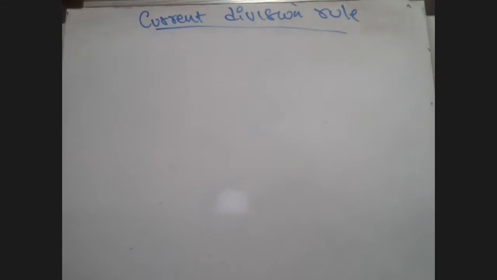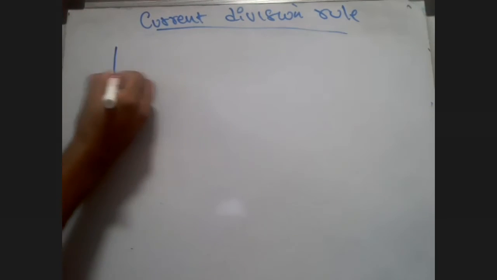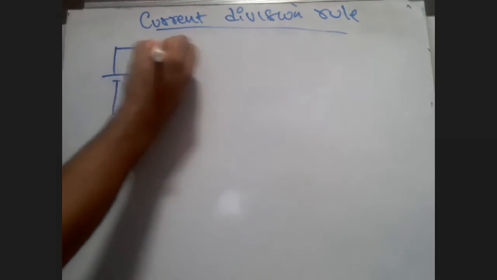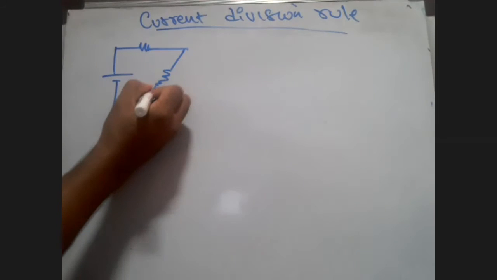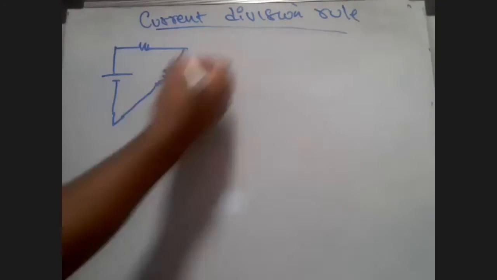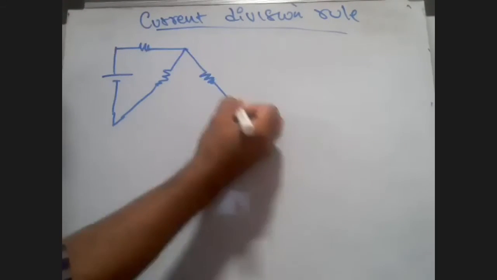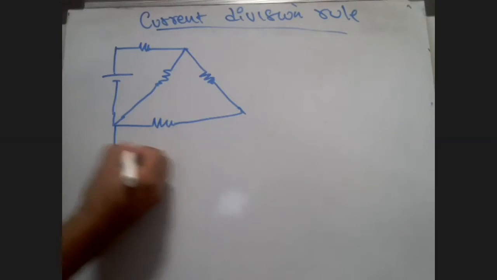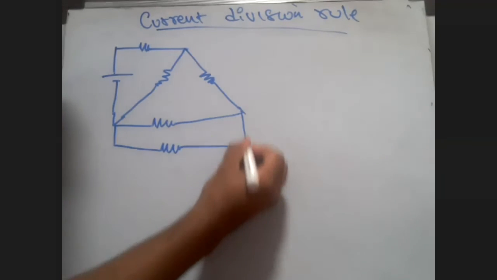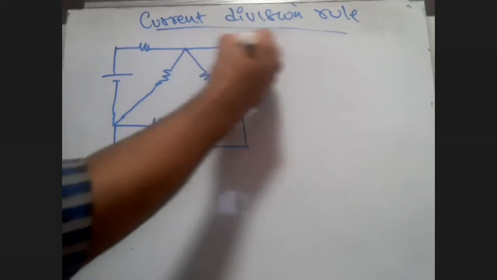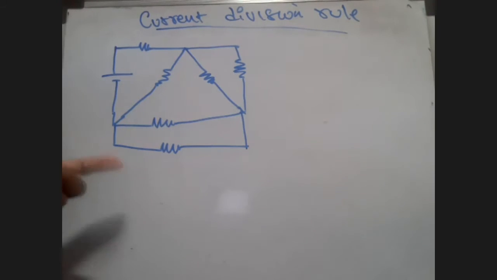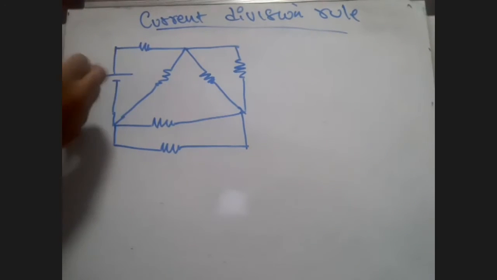Let's say there is this. This is a different question we had not done earlier, so please pay attention. There is one resistor here. There is a resistor here, and there is another resistor here. Let's say there's one resistor here. There's another resistor here. And let's say there is one resistor here. It looks complicated. Let's say that this is 10 volts, and sorry, let's say 12.